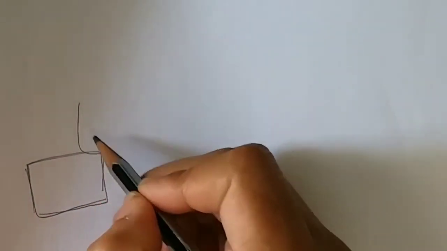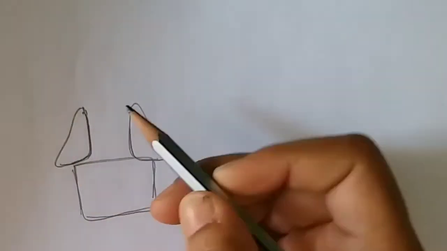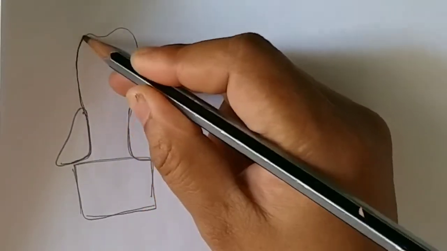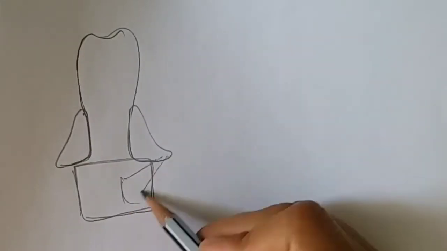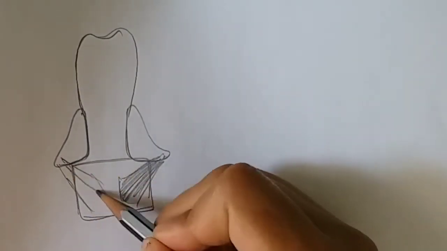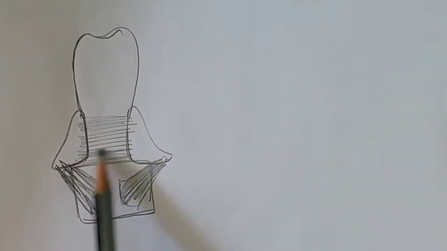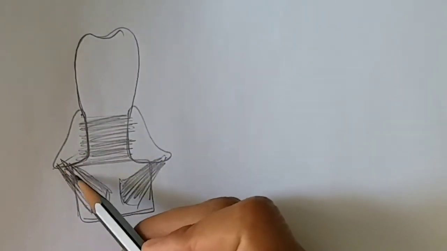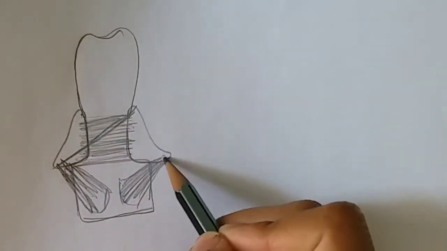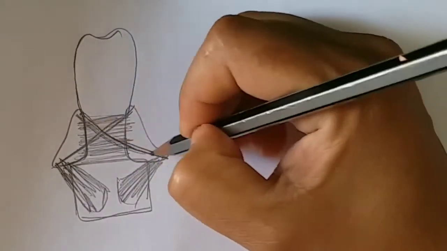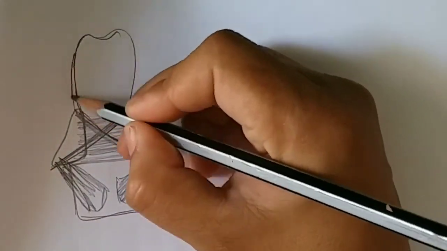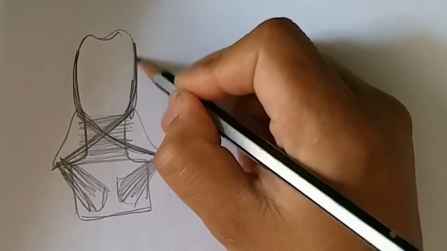So we can see here the posterior view of the larynx, with the posteriorly broad lamina. Above the lamina is attached the arytenoid cartilage, and we can see the epiglottis from the posterior view as it lies on the anterior aspect. Here the posterior cricoarytenoid muscle runs from the muscular process to the lamina. Between the two is the interarytenoid muscle, and from the base to the apex there is the oblique arytenoid muscle, and some fibers extend anteriorly to the side of the epiglottis as the aryepiglottic muscle.